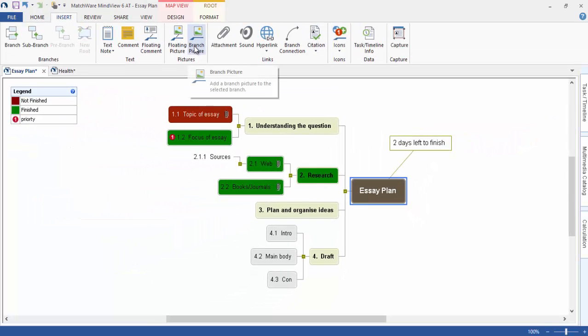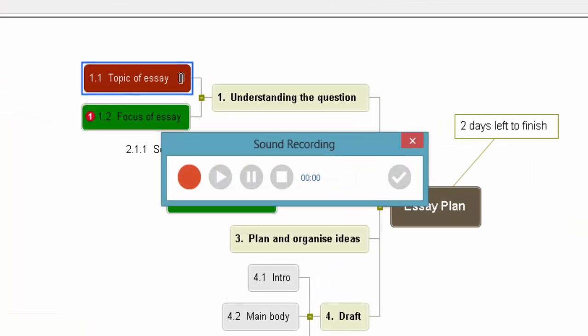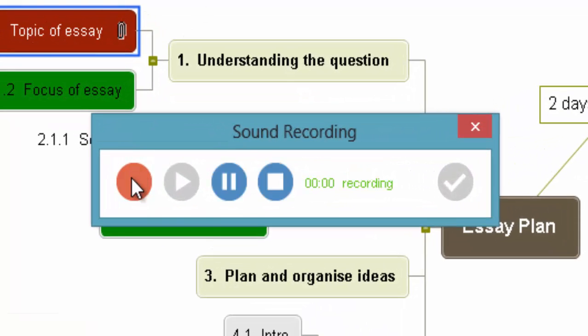Also on essay plan, you can add a branch picture, which I showed you on the other option. Attachment, again, I showed you attachment. You can actually record your own audio notes here if you want. So I might go topic of essay, click sound, then I can record a quick note in there. So if I click record,